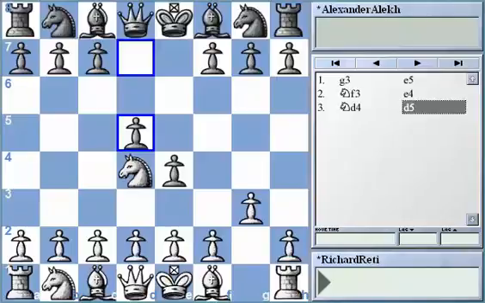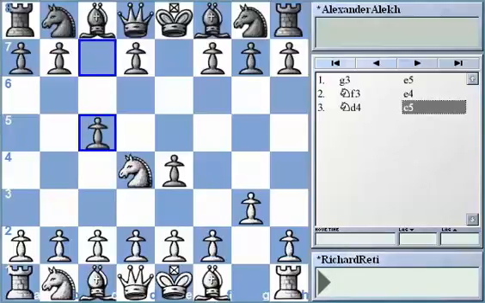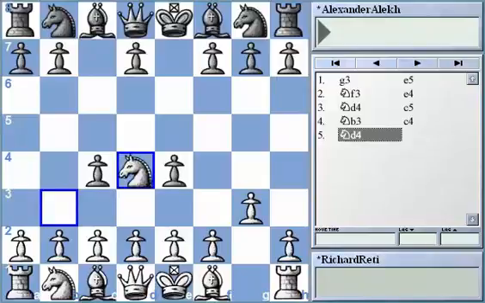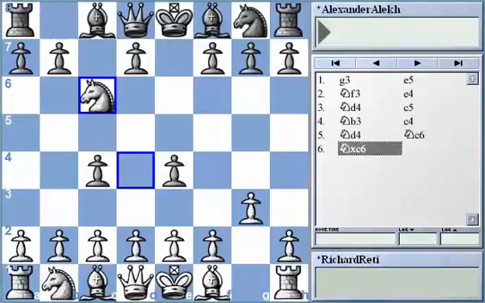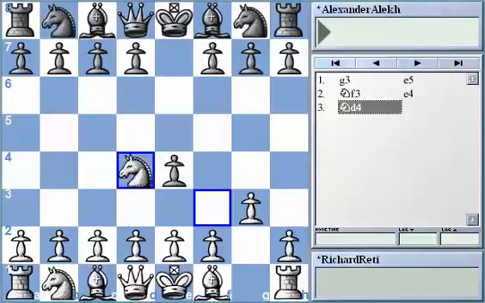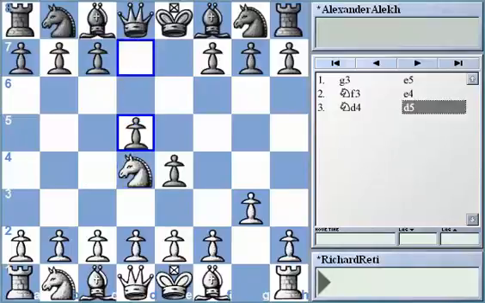Now he could also play, after here, c5 is a perfectly serviceable move, with the point being knight b3, c4, driving that knight around, knight d4, and now black can play knight c6. This is a common idea, the idea being knight takes c6, d takes c6, to facilitate the quick and easy development of black's forces, followed by knight f6 and so forth. But Alekhine plays logically and principally with d5.